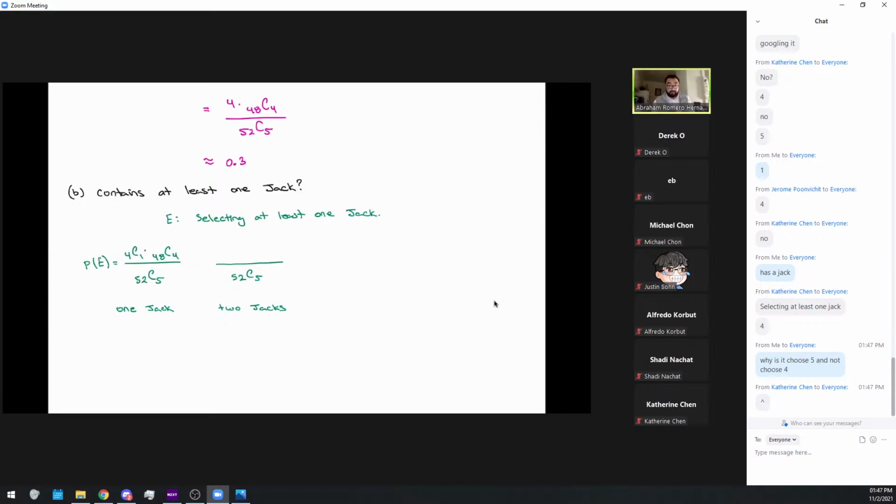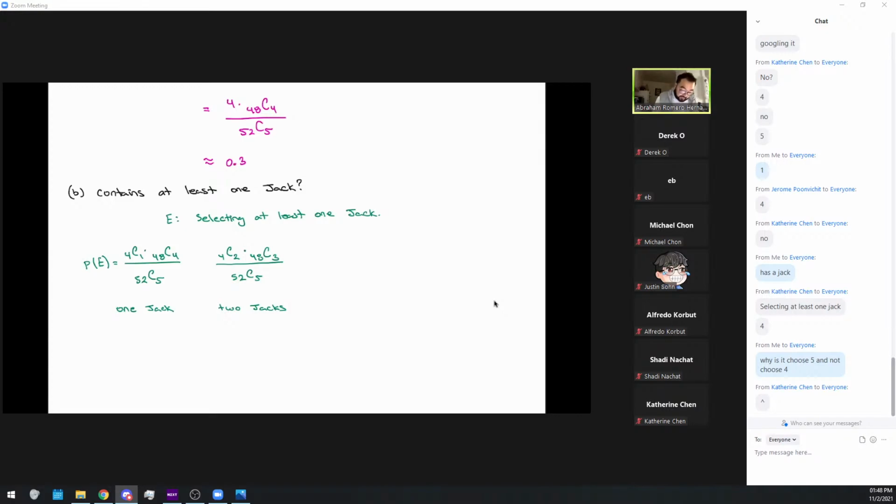Okay. Now, for 2 jacks, I need to have 2 jacks. Well, again, I have 4 jacks. I'm going to choose 2. So I'm picking my jacks first. I'm getting that out of the way. Now I have 4 cards. Well, no, I have 3 cards left. Obviously, I don't want any more jacks because the whole point of this one is 2 jacks only. So 48 choose 3 now.